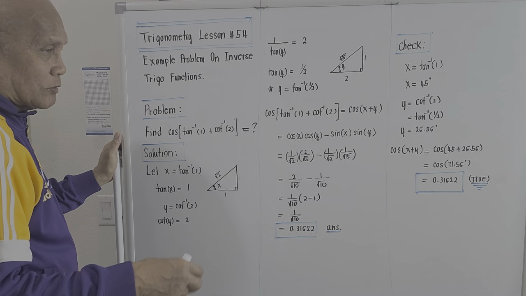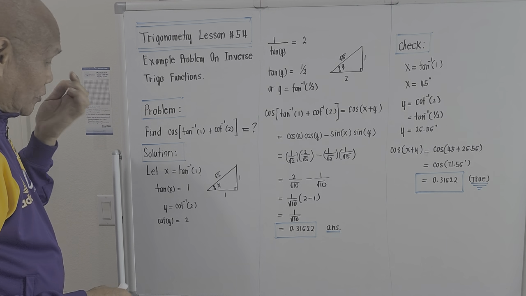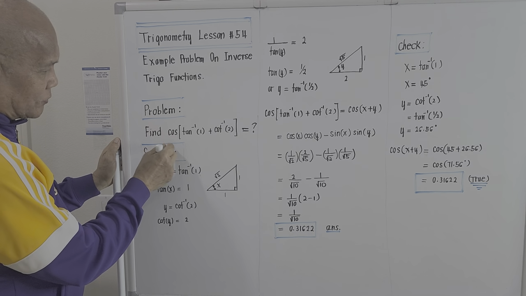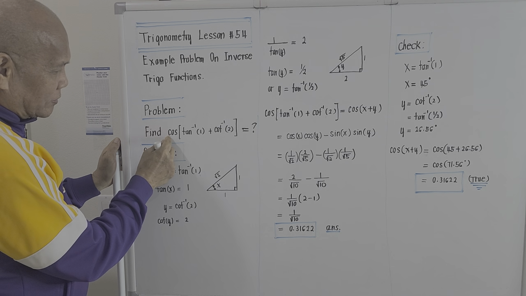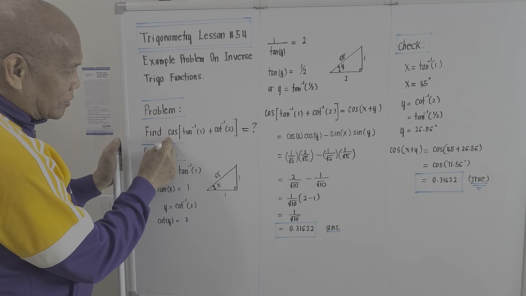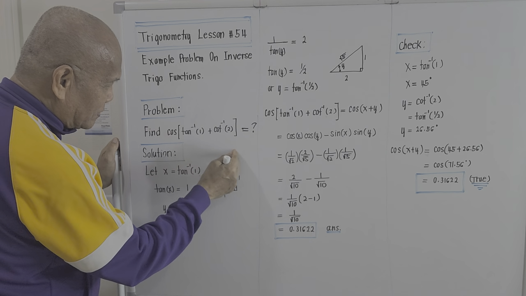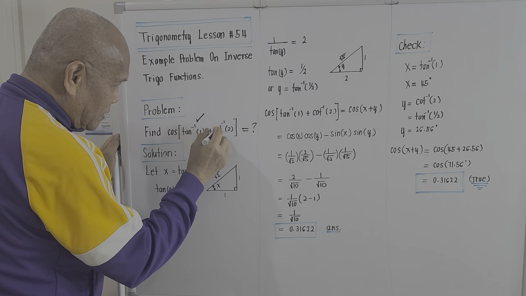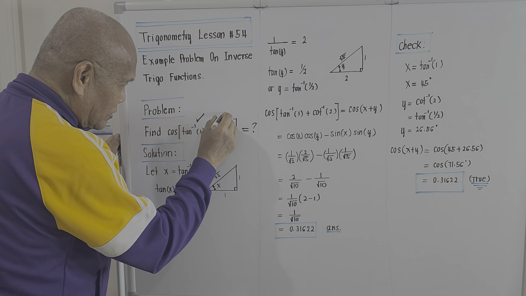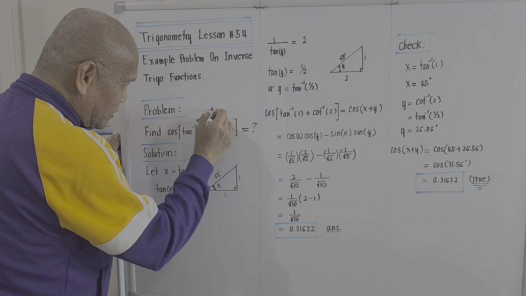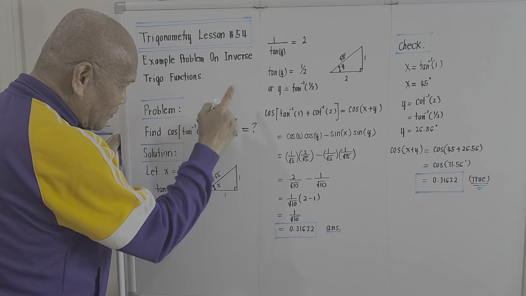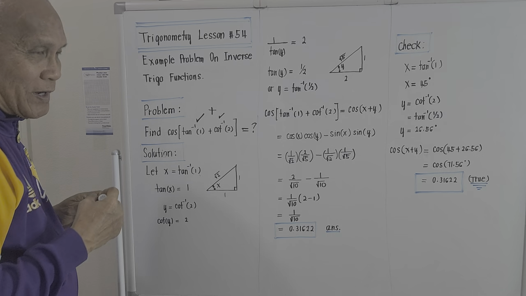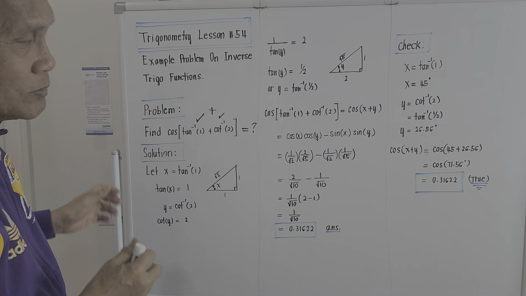Okay, let's try to bring out the solution. For the solution, if you try to notice it, the given function is a cosine. We are to take the value of the cosine of these two values here inside. So the first one is an angle, and the second one is an angle. So we are adding two angles here. The sum of these two angles, the problem is asking what will be the cosine value of that one equal to. So to bring out the solution using inverse Trigo function concept,